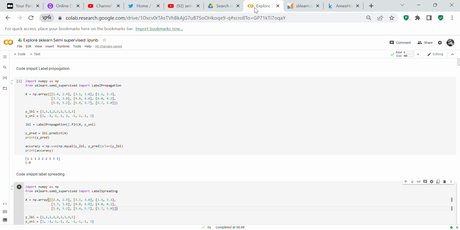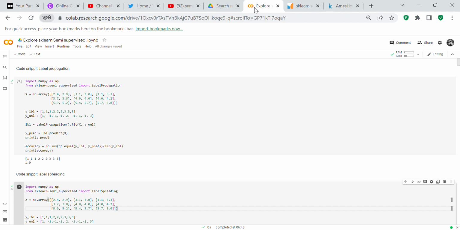And accuracy, that's what I put in there. The accuracy equals np.sum(np.equal(y_label, y_pred)) over len(y_label). Print accuracy is 100%. So that's the little code snippet we got on